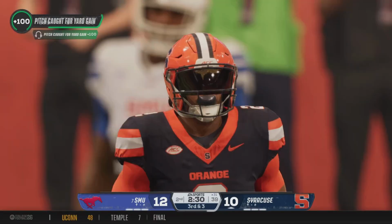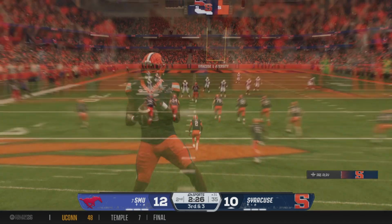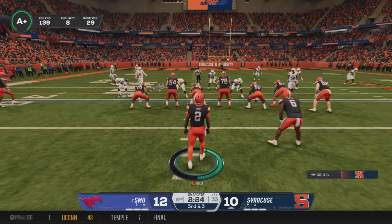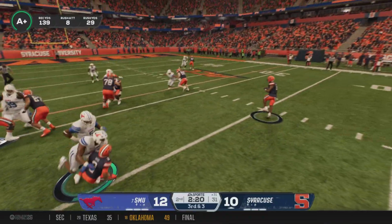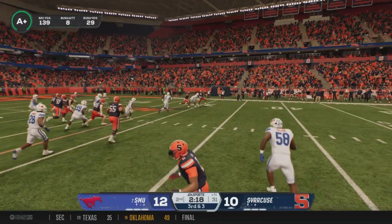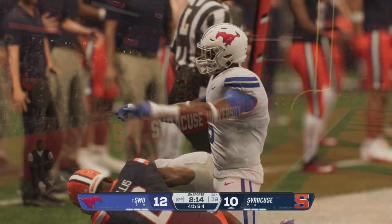Not much there on the run. He gets 1 to the 31. Playing the option, man. Consistently playing responsibility football. Nice job by the defense being where they're supposed to be. This option will just keep giving it to you over and over again, and you've got to pass those tests. Some hard running there, but just too many to...